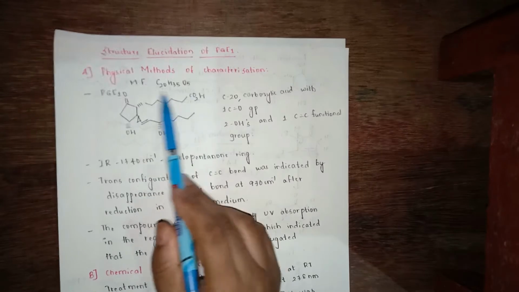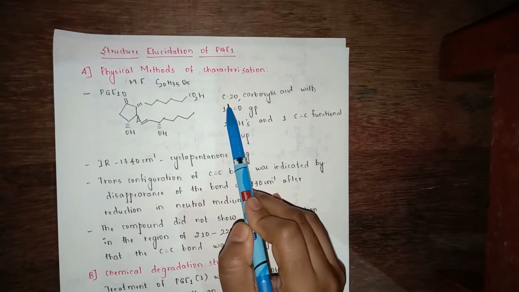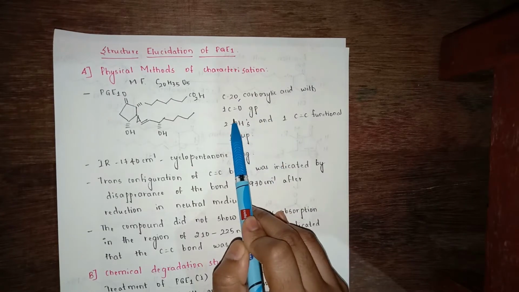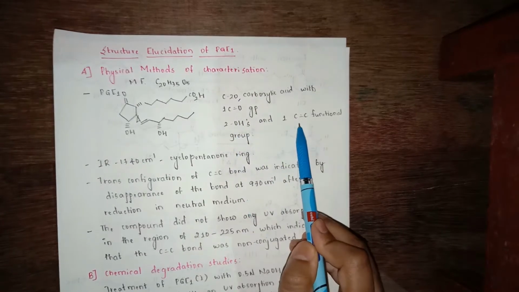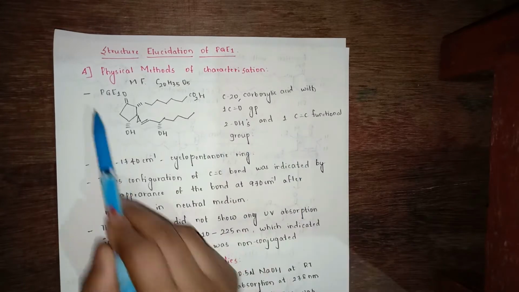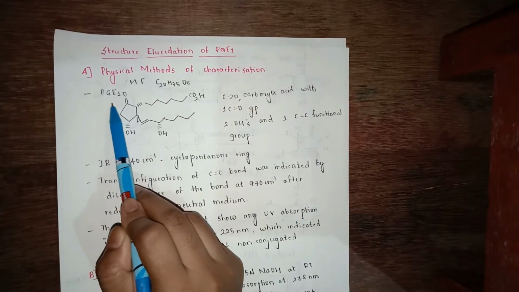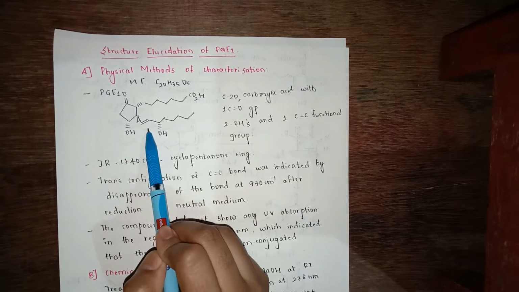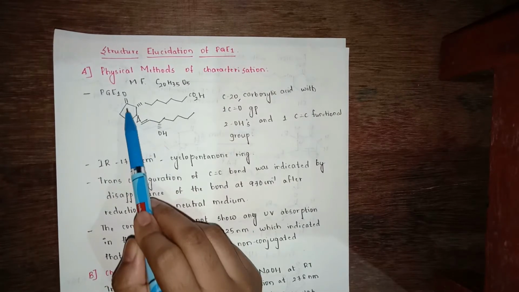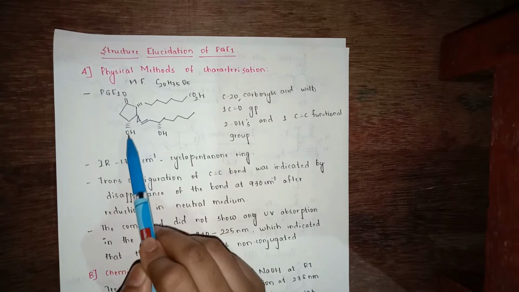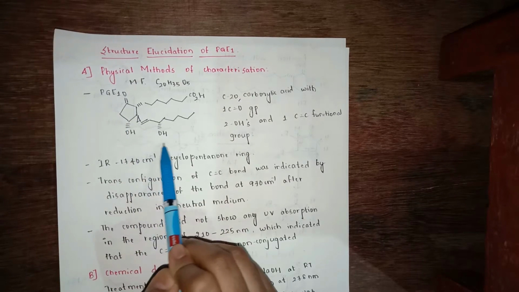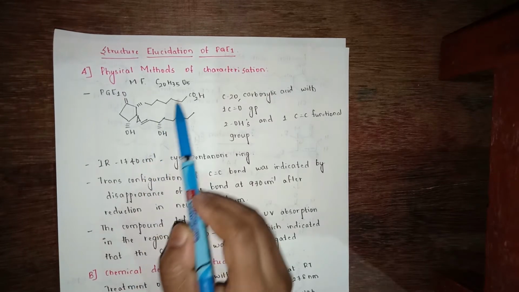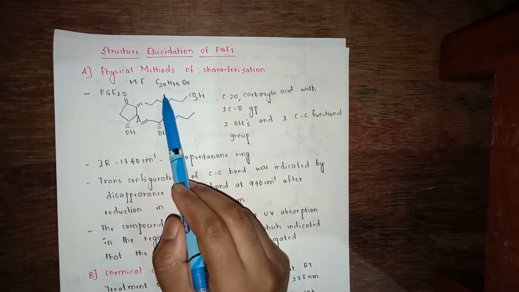So in this whole structure, the number of carbon atoms are 20, 1 carboxylic acid group, 1 carbonyl group, 2 OH and 1 C double bond C. Hence the nomenclature to be PGE1 because the parent system is E. It is having one double bond and there is a carbonyl group at position number 9 and at position number 11 and 15 there are 2 OH groups and 1 C double bond C. Based on this, the molecular formula is